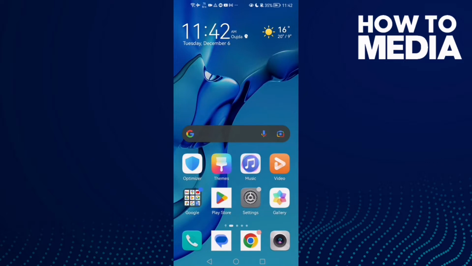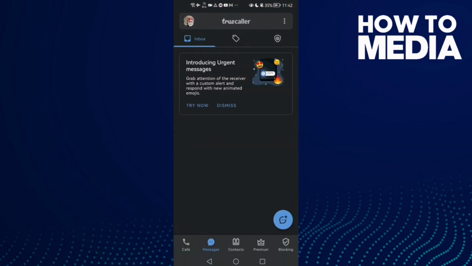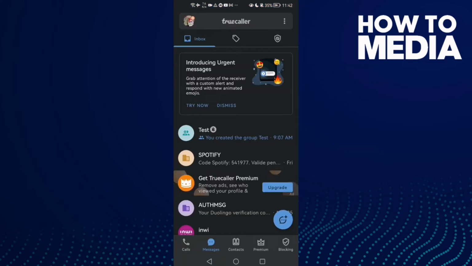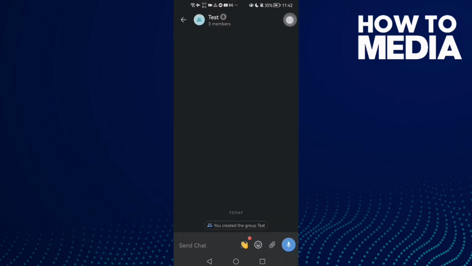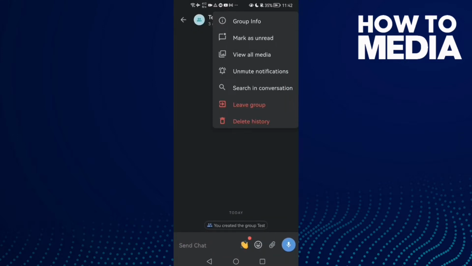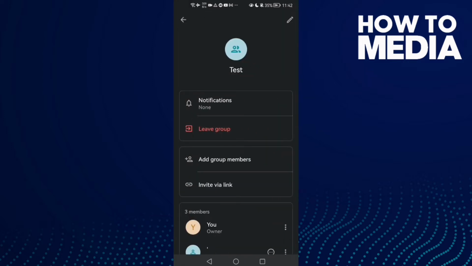First open Truecaller and here just select any group you want, like this one here, and then click these 3 points in top corner and click group info. After that click this pen icon here